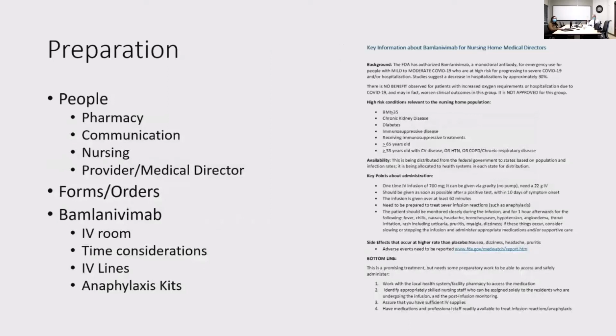So we're going to talk about timing in a minute, but as you prepare to create a program, one of the things we say is people, communication, and materials. You have to have pharmacy people 24/7, 7 days a week. COVID's not taking a break. If you say you're going to do this, your pharmacy team better be ready to show up on a Saturday